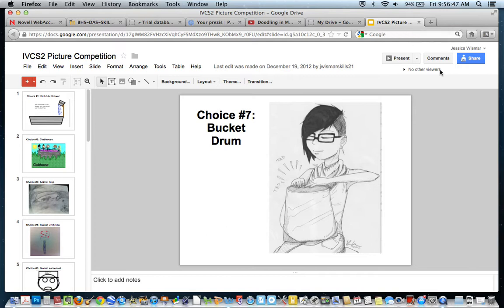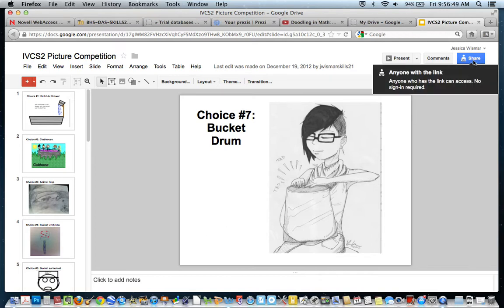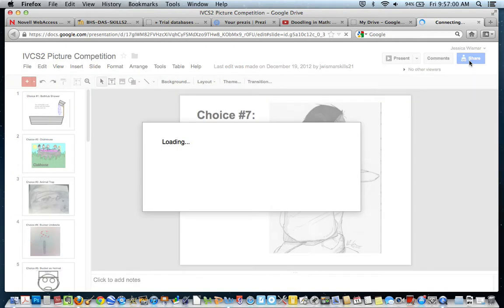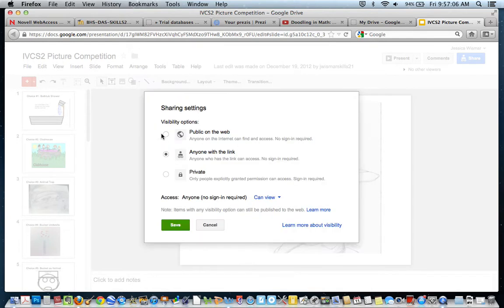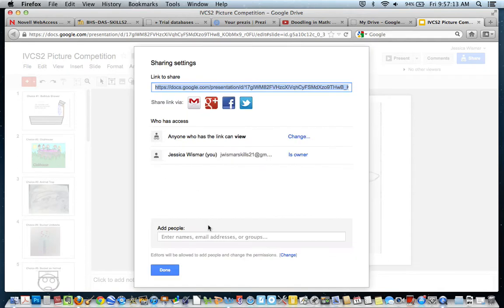So in the document itself, I went to the share features, and right now you can see when I hover over it, it says, right now anyone with the link can see this. They can't edit it or anything like that, but you can change your sharing parameters on a document. You can share a link. You can change this so you can say, I want it to be public to anybody. I want it to be private, or you can actually change the editing capabilities on it. So anyone